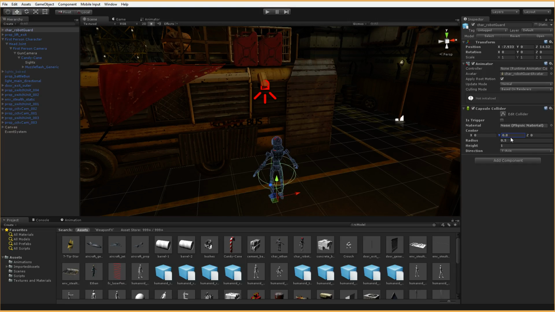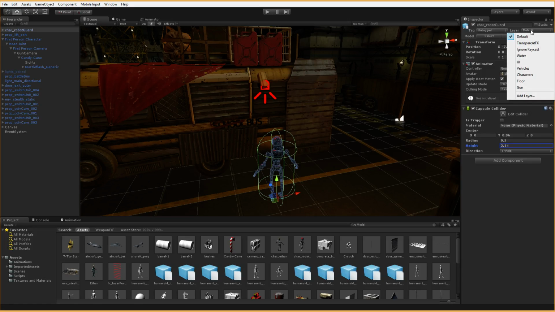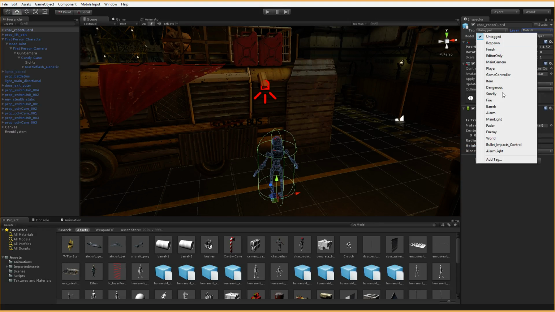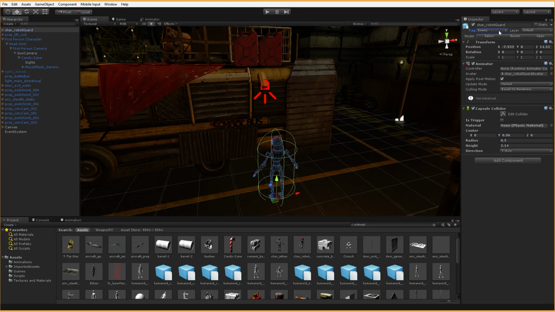Lift it up a bit and give it some height. I'm going to go to tag and tag this as an enemy, just to make sure this works. I just threw this model in here; you could do a cube or whatever. I just need a collider that's tagged enemy.